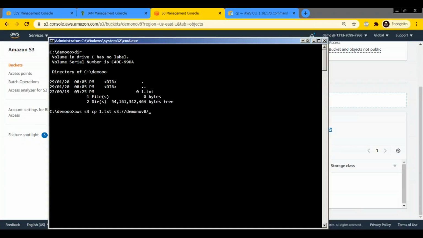So, Siddharth, now we are given as 1.txt, so we want to upload it as 2.txt. This we can't do in a console. Yeah, you can't. So the name should be the same in console. Yeah, so in console, when you try to upload, you put your file, it uploads with the same name. Afterwards, you can go and change the name of the file. But while uploading itself, I think at present you can't do it. So if you don't give any name, it uploads with the same name. So now if I hit enter, what will happen?